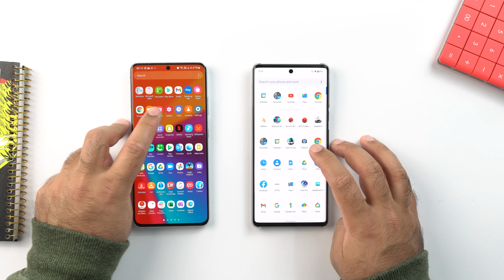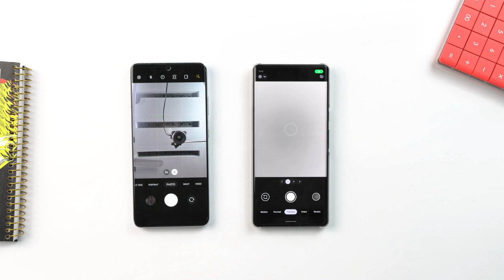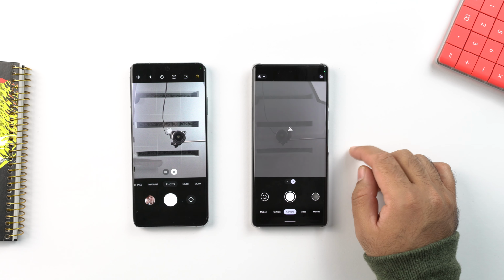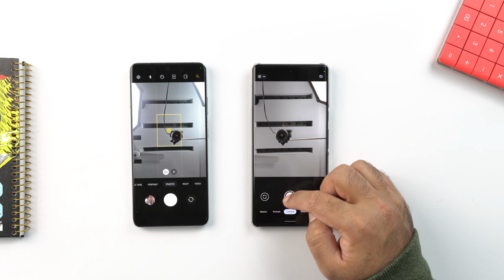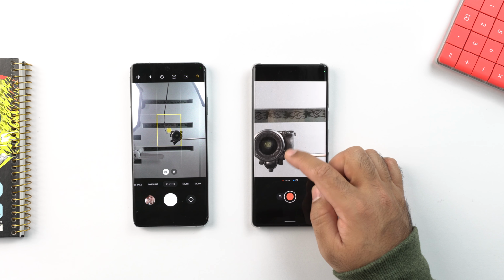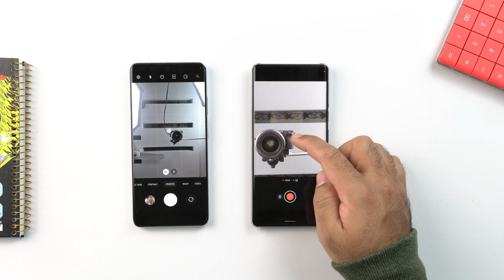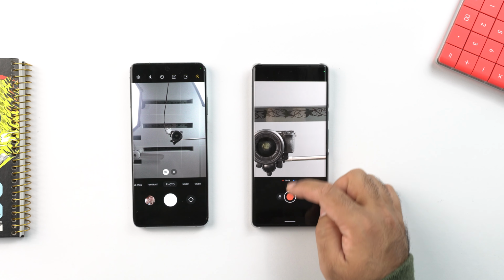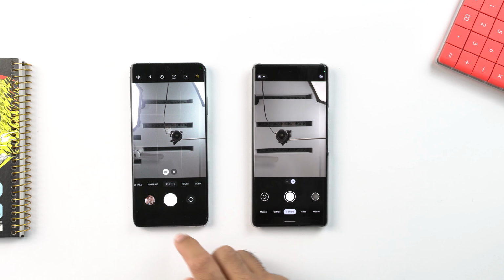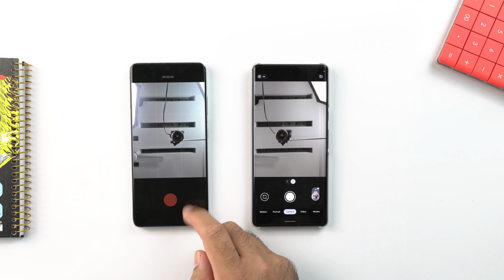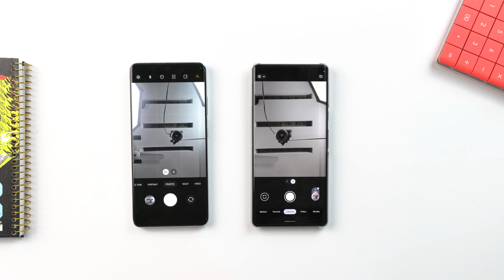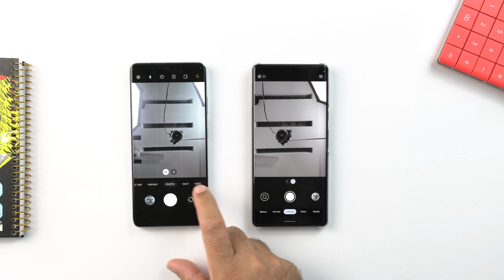As far as the camera UIs are concerned, first of all, this is how it looks on both the sides. Long pressing the shutter button on both UIs captures a video. Samsung One UI 4 will take a burst shot by pressing and dragging the shutter button down, while the Pixel takes the burst shot images while recording a video. On the stock Android 12, if you hold and drag the shutter button upwards, it zooms in while recording a video. The One UI 4 can't do this.